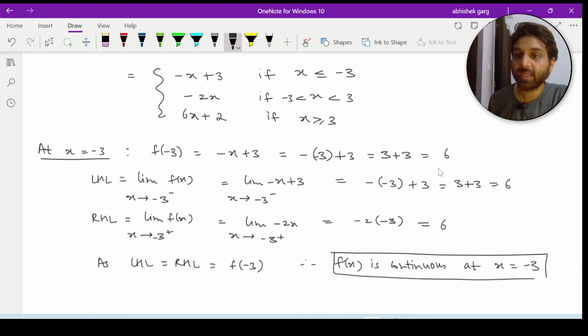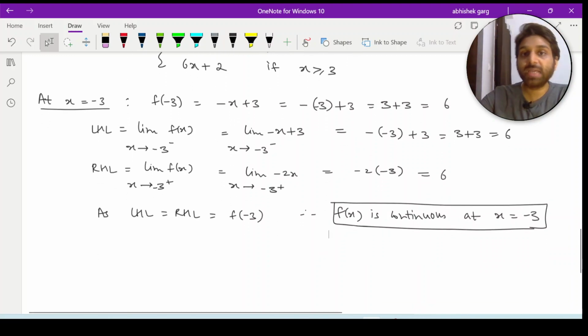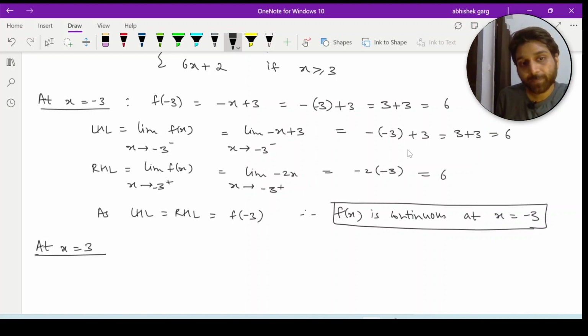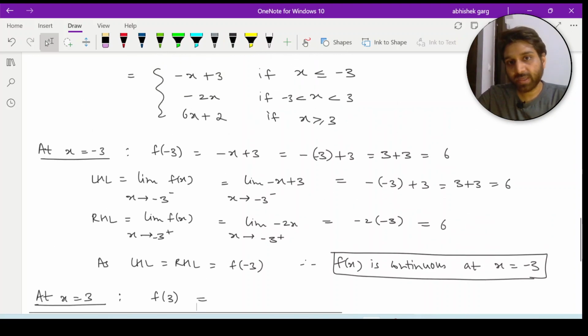इसके बाद हम कहाँ पे चेक करेंगे? वी विल चेक द कॉन्टिन्यूटी एट x इज इक्वल टू 3, क्योंकि 3 ही हमारा दूसरा क्रिटिकल पॉइंट है जहाँ पर फंक्शन अपना बिहेवियर बदल रहा है. सबसे पहले हम निकालेंगे f(3) का वैल्यू. f(3) निकालने के लिए आप ये वाला यूज़ कीजिए, x इज ग्रेटर देन और इक्वल टू 3, क्योंकि इसके अंदर इक्वल टू वाला केस आ रहा है.